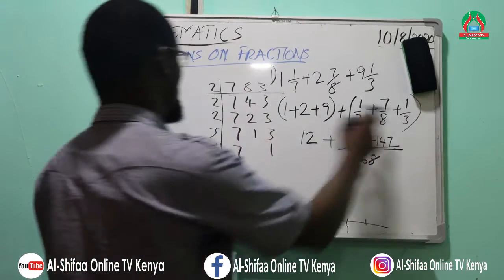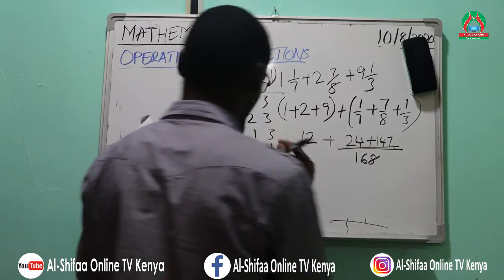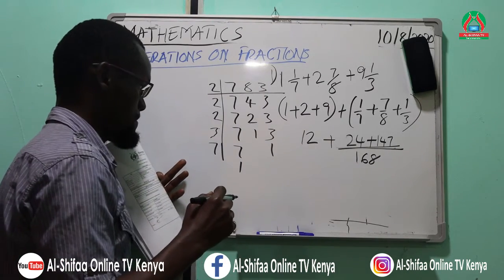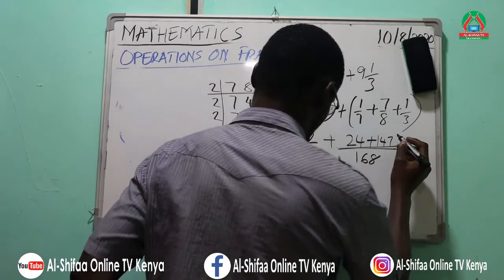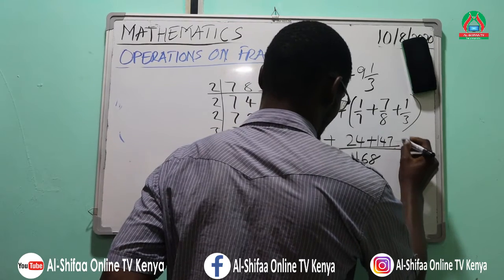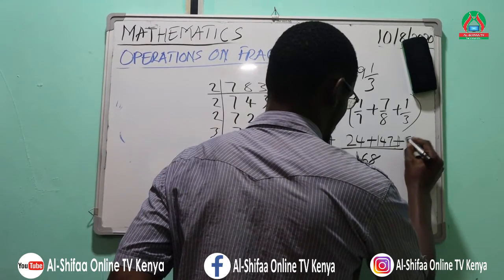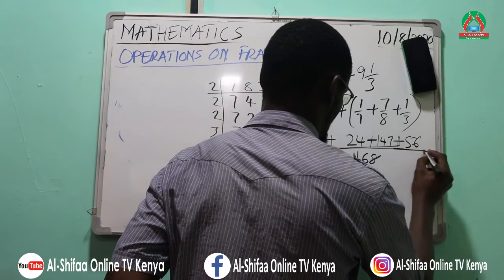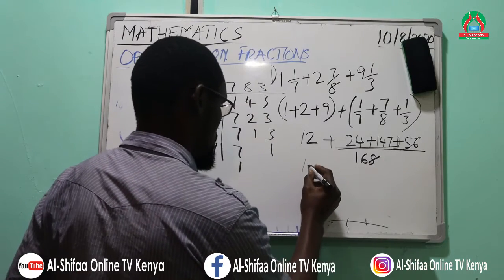Divide by 3, you get 56. So we add, we'll get 12